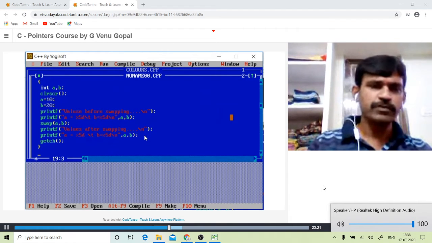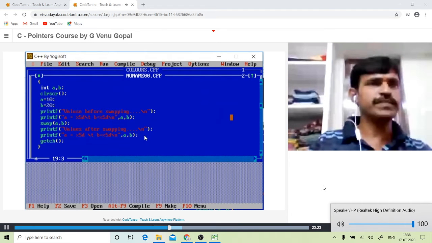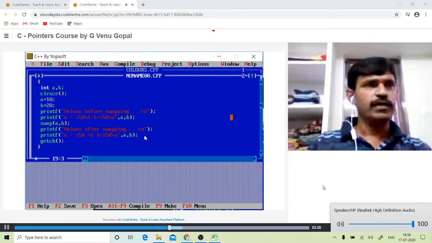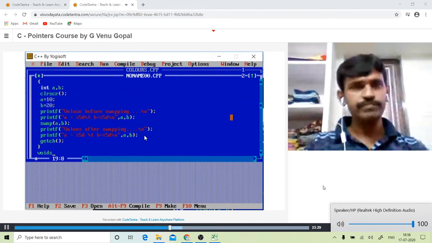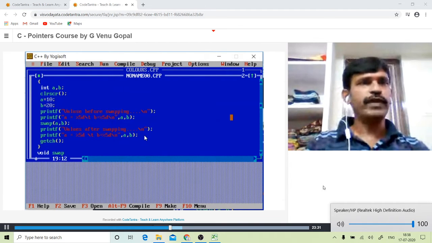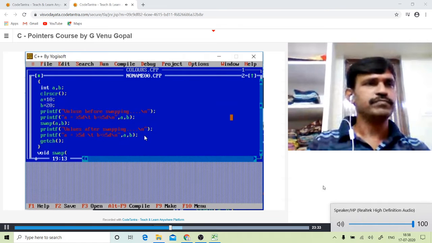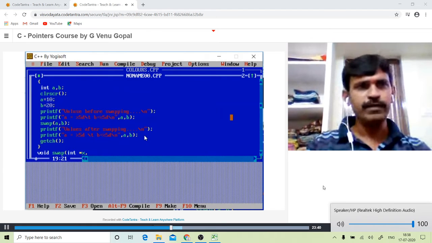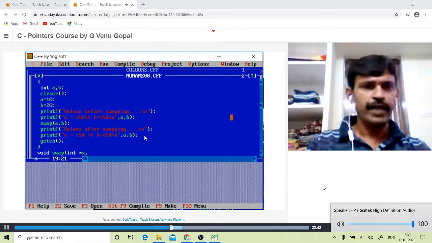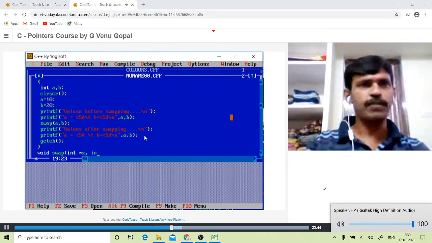Now, I move on to the swap function. Void swap, since the two parameters are of type pointer, let us say int asterisk x. X is a pointer to integer to hold the address sent by the main function. Similarly, int asterisk y.